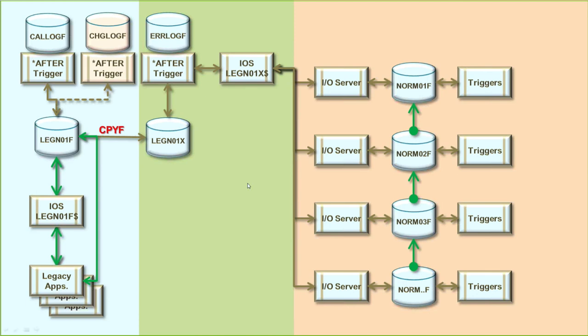Now, at some point in time, you're going to have to stop and do a full copy. You're going to have to clean out these files, the normalized files. You're going to have to clean out NO1X, and then you're going to have to do a full copy from NO1F to NO1X of the entire file, which means you're going to be populating your normalized database with all the records out of your legacy files. And then what you do,